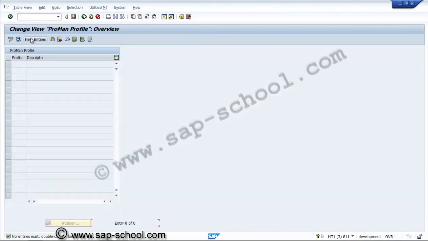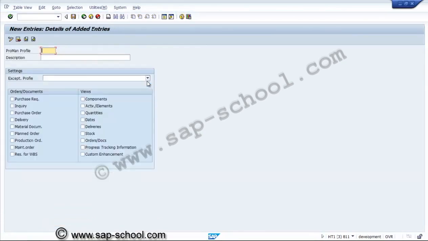Now here we will define the profile for the project systems Proman. We'll take PS001, and the profile name we can name as Proman profile for projects, and we have to select the exception profile also.